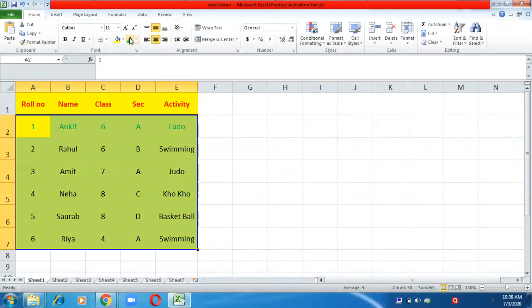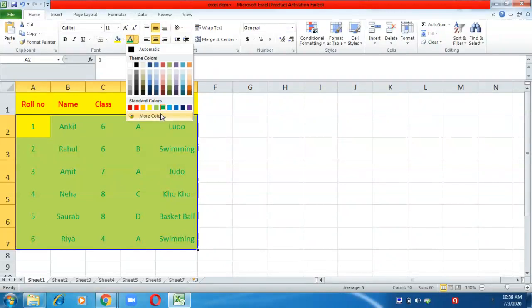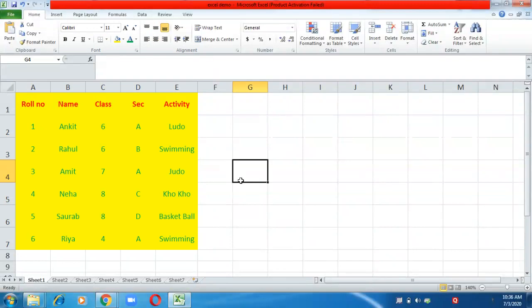So select the whole area or the range of cells and then click on font color and choose the color that is green. Okay, this is how we can change the appearance of the text. We have given a background color to our text, we have given the font color to the text, and we have also made the heading as bold. You can also make the heading as underline, or you can also make it italic. So these are all three buttons: bold, italic and underline.